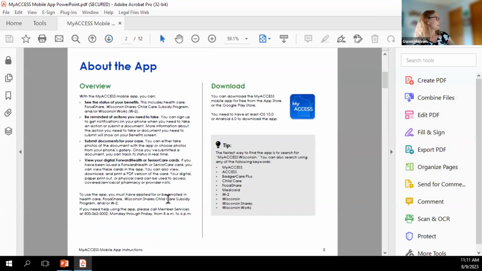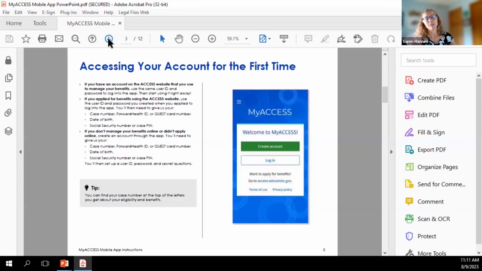So this talks again about what you can do on the app and what programs you can look at. And it's got some tips about how to search and find the app. But really, you can go to your Play Store or the equivalent and download that. On the right side here, the MyACCESS with the blue, this is what the screens look like. So this is what's going to show up on your phone, and